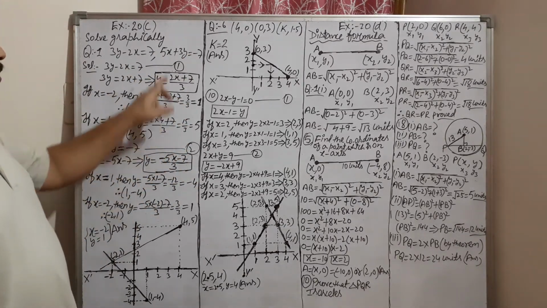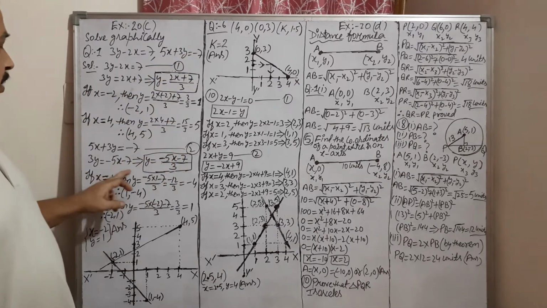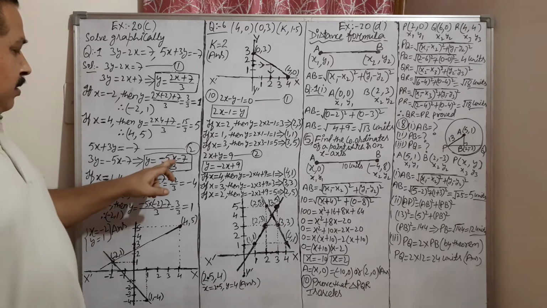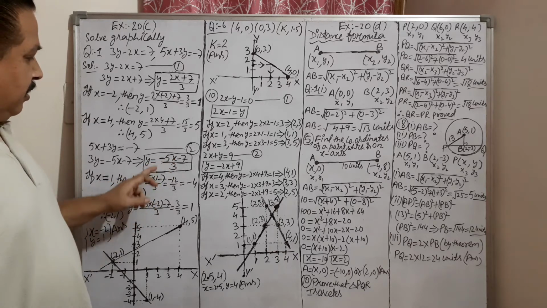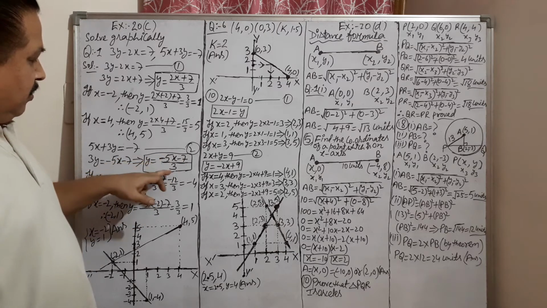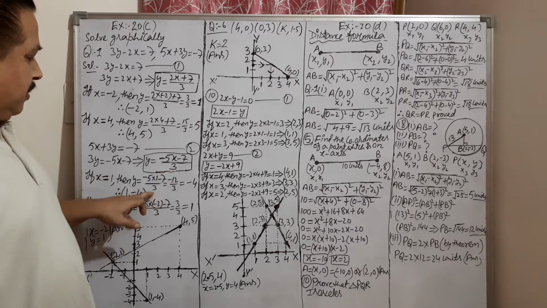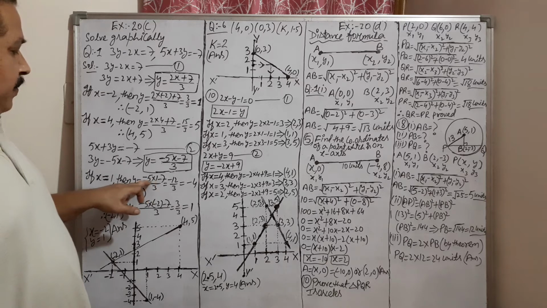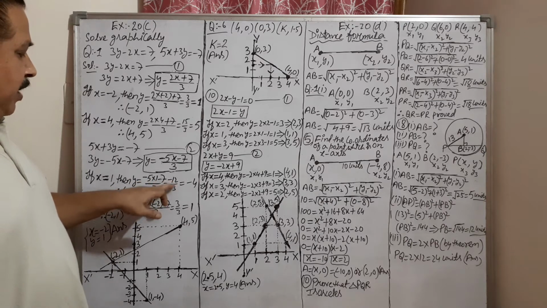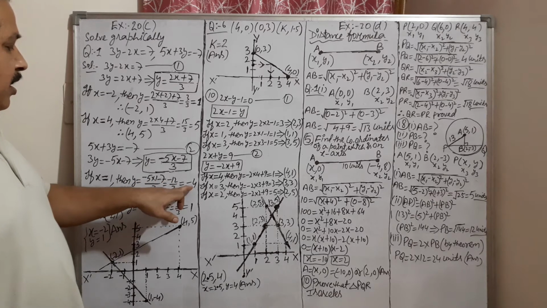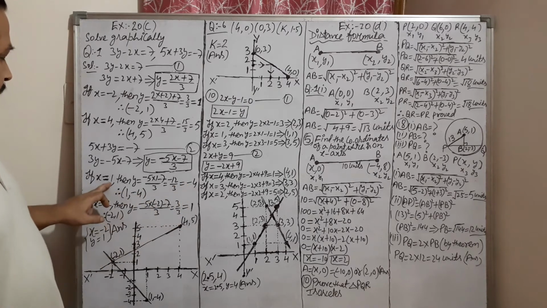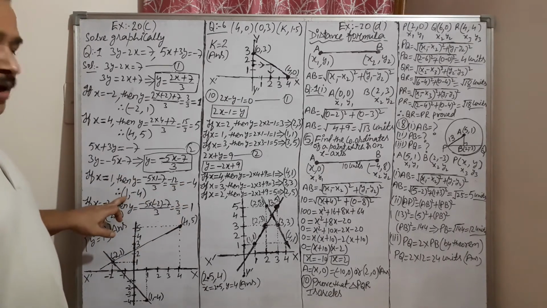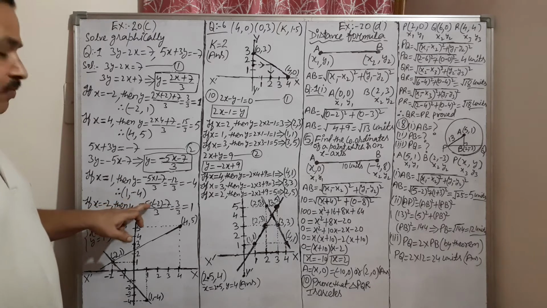This is equation number 2 right here, and make y the subject. Now start taking such a number in place of x that the upper part should be divisible by the denominator. So I have taken here 1. 1 is a proper number. Now this becomes minus 12. Minus 12 is divisible by 3. It is coming minus 4. So x is 1 and y is minus 4. So second equation, first plotting point will be 1 comma minus 4.